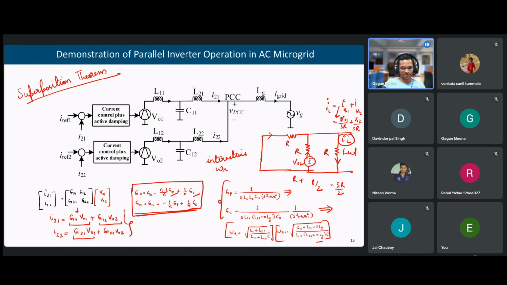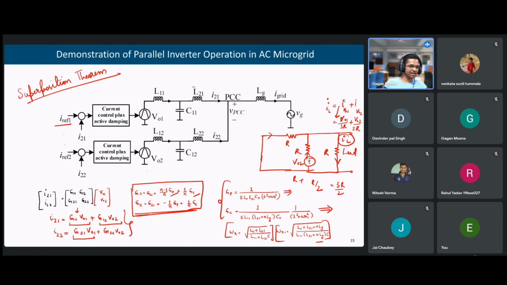The frequency corresponding to these interactive currents will have high frequency oscillations, and these interactive currents will flow between these two inverters, like this. So the magnitude is the same if these values are the same. If L11, L12 are the same, L21 and L22 are the same, C11, C12 are the same, then the magnitude of these two currents will be the same, but they will be cancelling each other. So there will be net